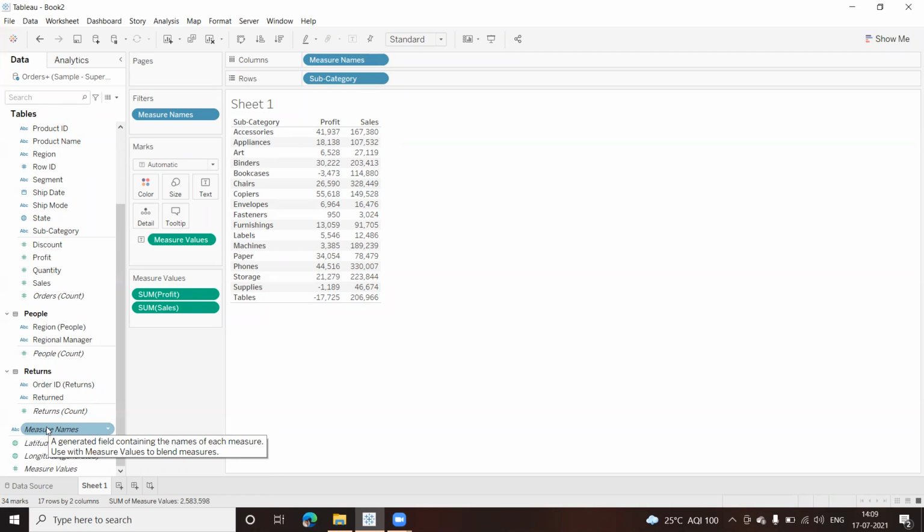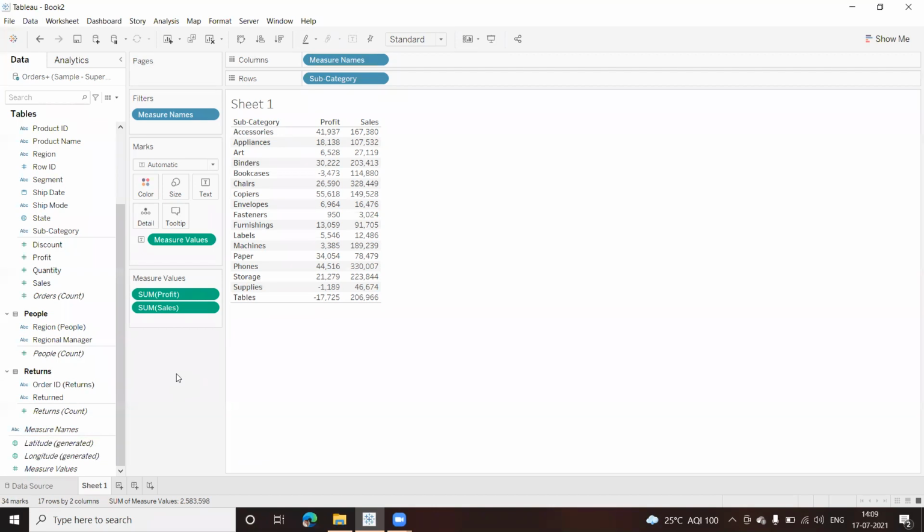Like Profit is one measure, Quantity is the other one, Sales is the other, and Discount is the other measure. But because I have dragged only two of them right now, what happens?